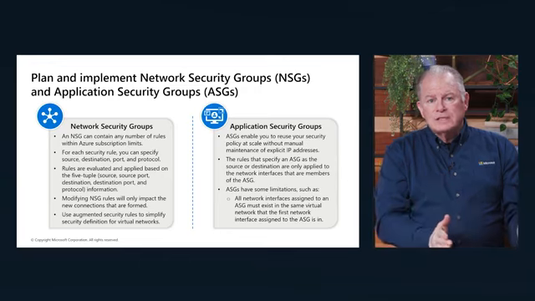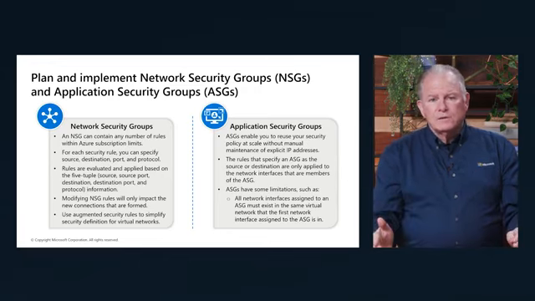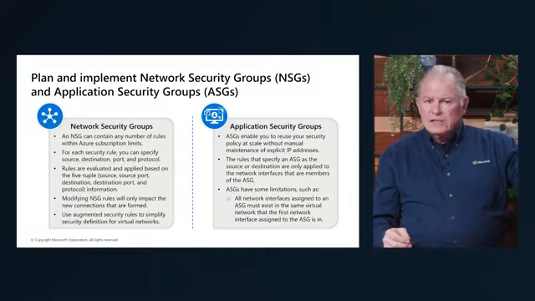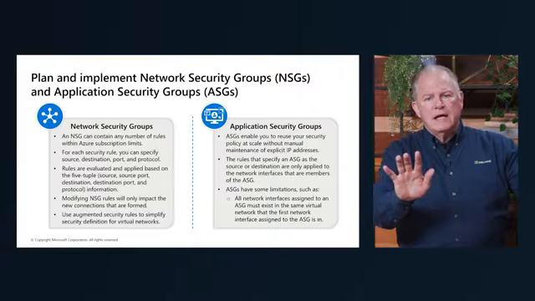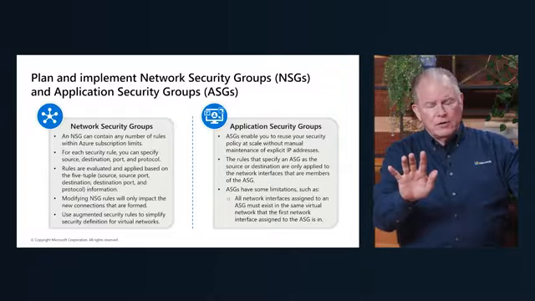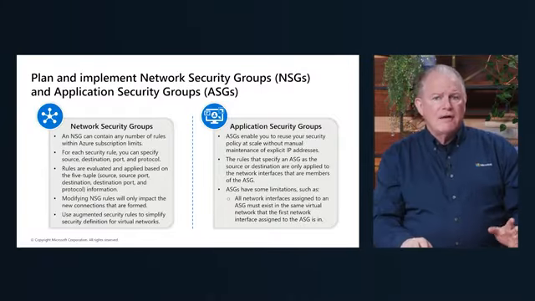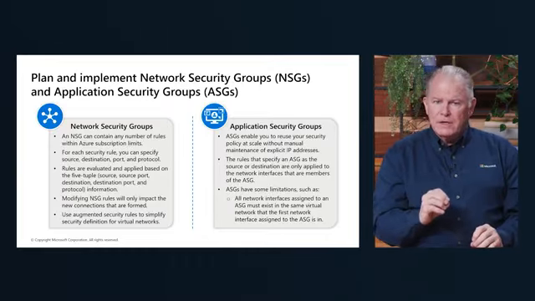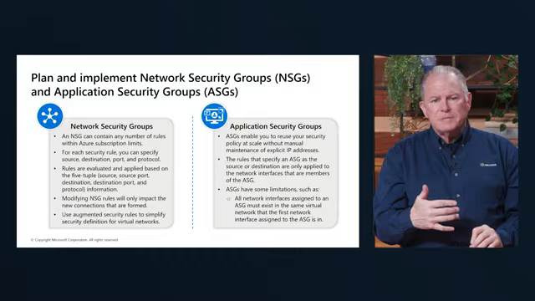Now, after the NSGs are applied, you then also apply the application security groups. So it's a merger of the two of them. If the NSG stops the traffic, it will never get to the application security group to allow it. Now, if it gets through the NSG, but then the application security group stops it, you're going to have that traffic stop. So make sure you've got that order of operations properly configured, because I've seen environments before where